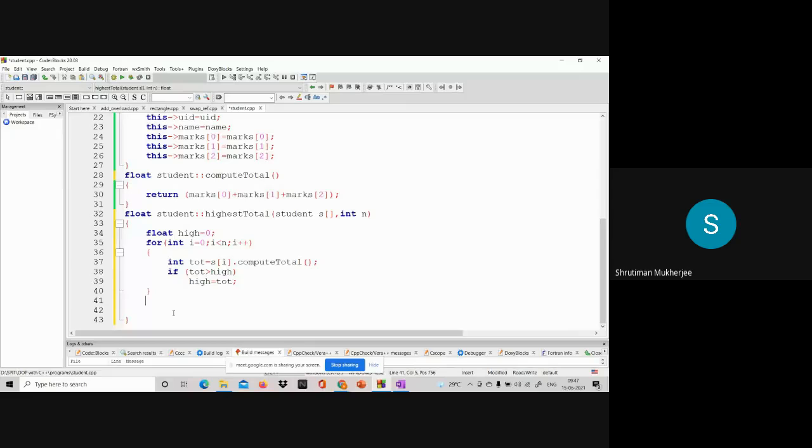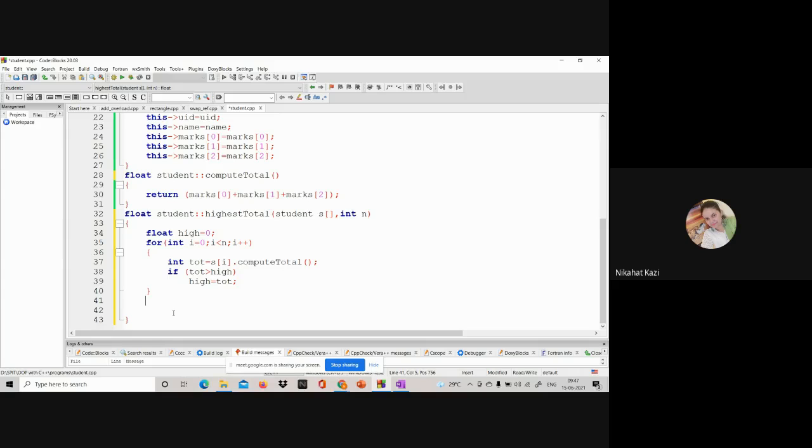Yes. But what else do we require for this method? We need to find out which student has got the highest marks, so he'll get that certificate or trophy, whatever. Yes or no? I didn't get you. What were you saying? Store the value of I. Yes.